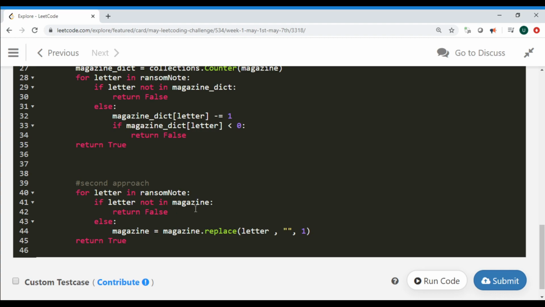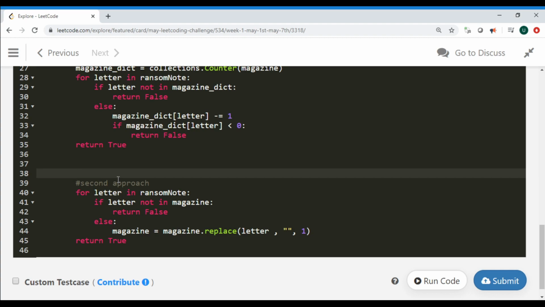Then if the letter is not in the magazine I'm going to return false, else I'm going to replace the letter with an empty string, and I'm going to do it only for the first occurrence in the complete string. If I do not pass this value, it is going to remove all the letters which are identical to the letter present in the ransom note.